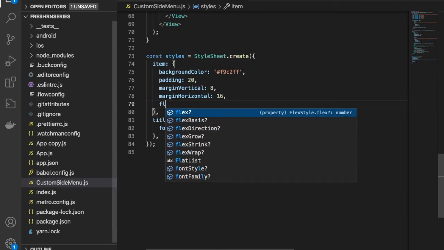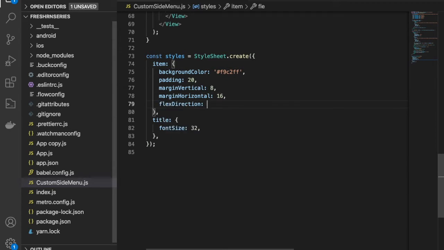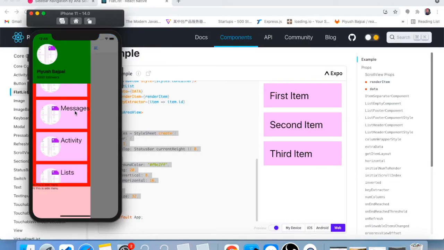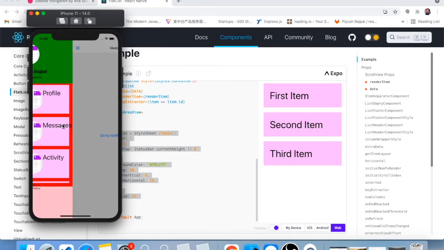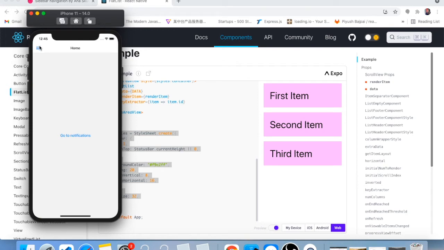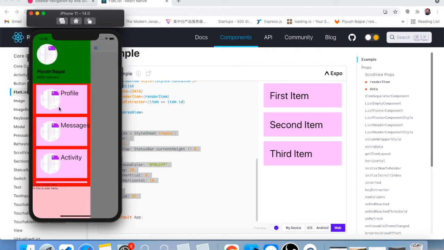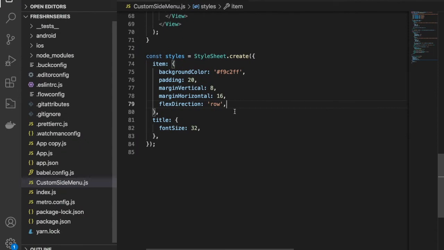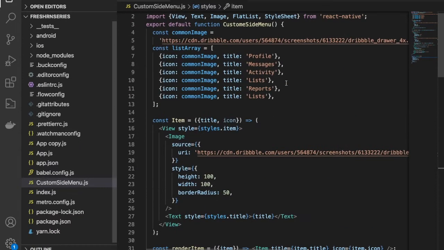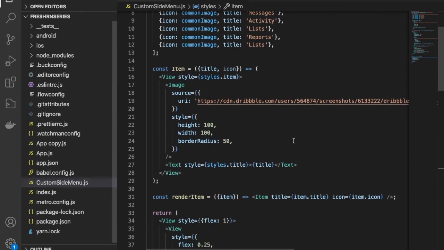Let me fix the flex direction to row. Let's see. So now if you can see, we have this profile with the image as well, but we wanted to show this image a little smaller. So what we can do is go up and reduce the size here.